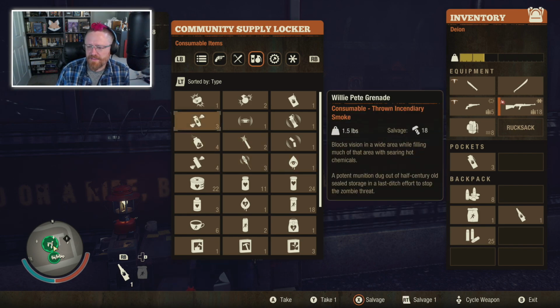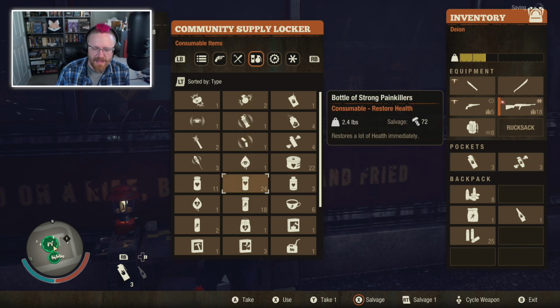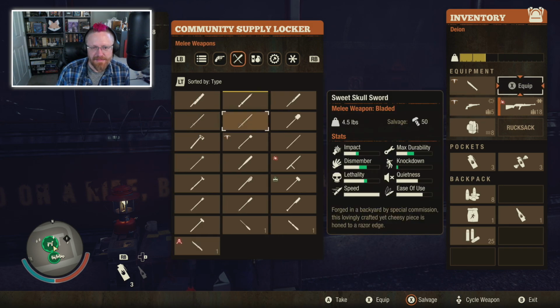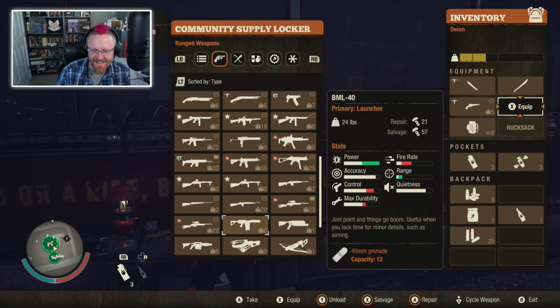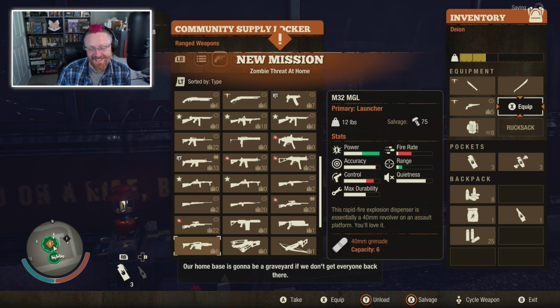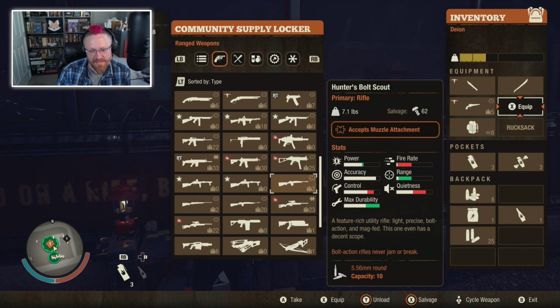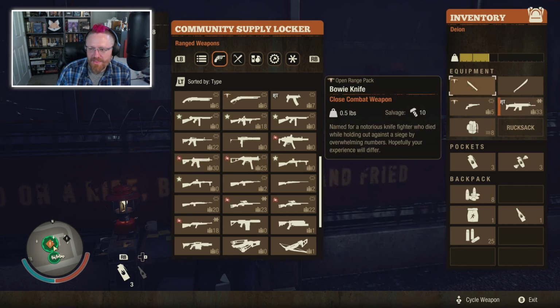So let me equip this character. Actually, that might be excessive, but I'm going to keep it anyway. Let me equip this character so that he's in a good position to kill a plague heart. As a general rule, I am not really equipped to take out a plague heart right now. Let's see here. What do we have? I've got a grenade launcher. Maybe that's not a good idea. Ooh, I've got the gas launcher, but not a lot of ammo for it. You know what? Let's grab this rifle,